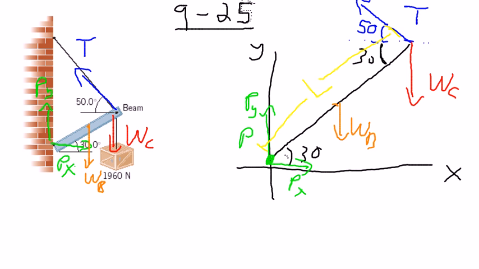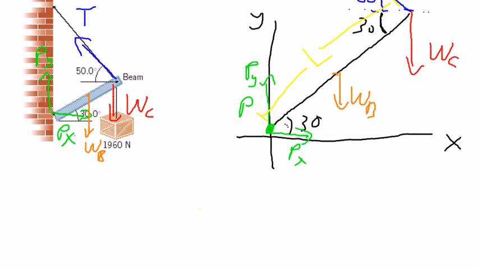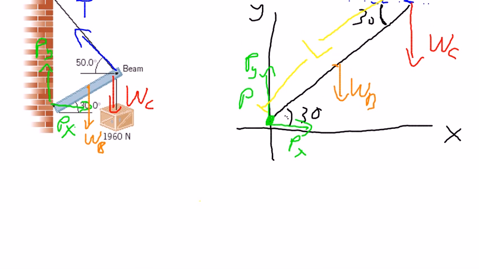Alright, so if we want to set up the sum of the torques, the sum of our torques is going to be equal to the torque from the tension plus the torque from the crate plus the torque